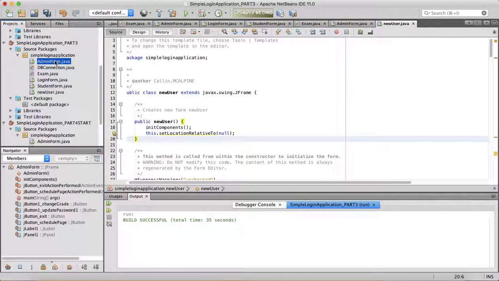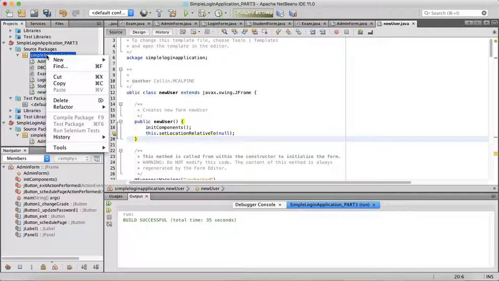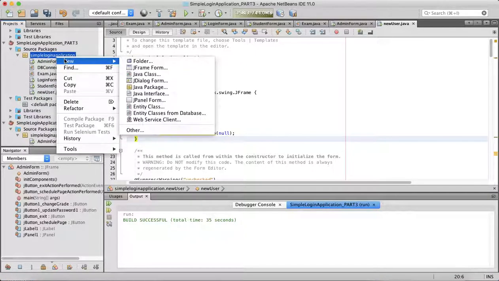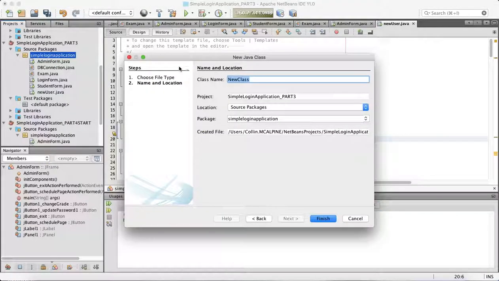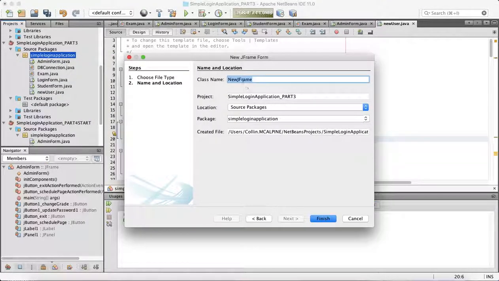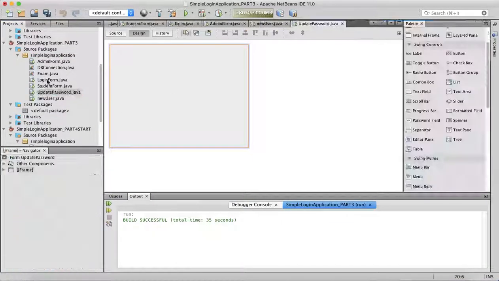Looking at the next one, we want to have an update password field, which is the same. I'll just make that real quick. So because I want to have a different GUI object on there. So a new JFrame, sorry, wrong one, new JFrame form. And I'll make sure I capitalize this one, and this one's going to be update password. Finish that off, and I mean I just want to have quick label on here, update,